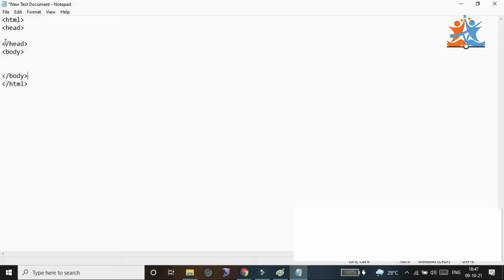So where do we write the JavaScript? We can write it inside the head, and we can write it inside the body also. We can write the JavaScript code in the head part as well as the body part, wherever the requirement is. If you want to write script code, you need to open a tag, that is a script tag. Whenever we need to close this script, you need to write the script close. That is the ending tag of the script.